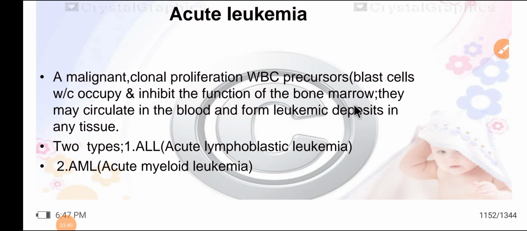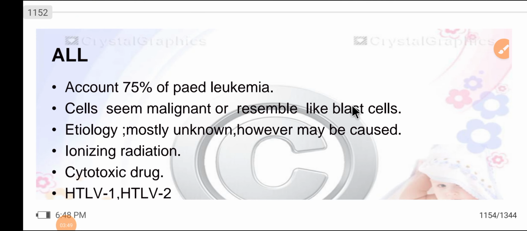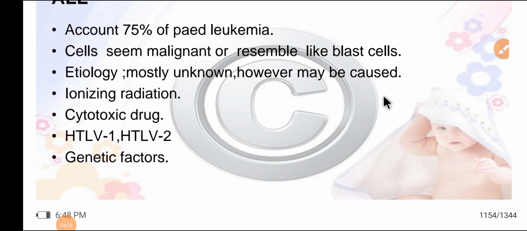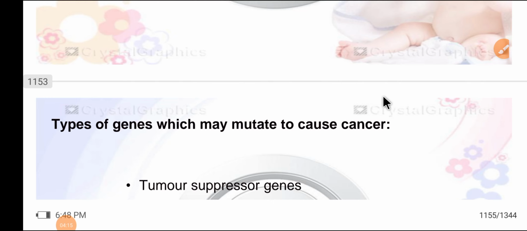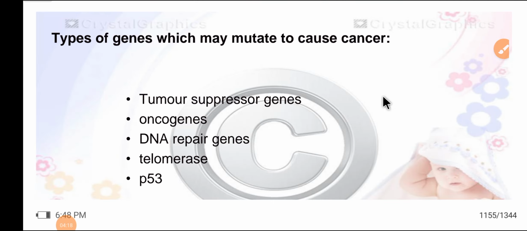There are two types: one is acute lymphoblastic leukemia, two is AML, acute myeloid leukemia. All count for 75% of pediatric leukemia. Cells are malignant or resemble blast cells. Etiology mostly unknown, however it may be caused by ionizing radiation, cytotoxic drugs, HTLV1, HTLV2, genetic factors. Types of genes which may mutate to cause cancer: tumor suppressor genes, oncogenes, DNA repair genes,